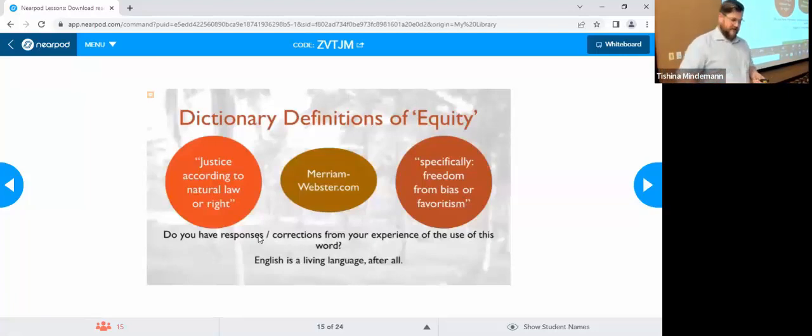What you see on the slide in front of you is a definition. I used to be a big Oxford English Dictionary guy, but now that it's behind a paywall, I started looking for alternatives, and I think Merriam-Webster does a pretty good job, although they don't have as much of the etymology as I'd like. I'll ask you a question in a second.